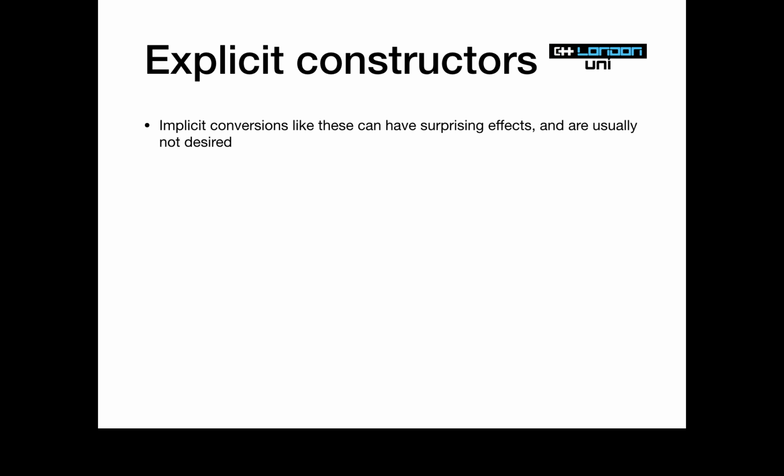But implicit conversions are generally regarded as a bad thing. Here we might have expected that we were calling a function, and it's surprising that we should be able to just pass an int to that function when it was expecting an example. Implicit conversions are a sort of shortcut through our type safety and generally not regarded as being a very good thing. Sometimes they can be useful, but most of the time implicit conversions are not what we want.